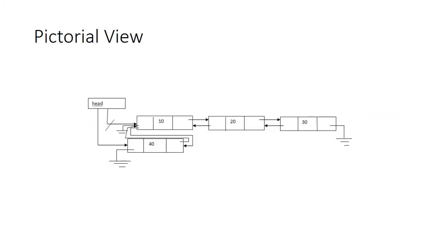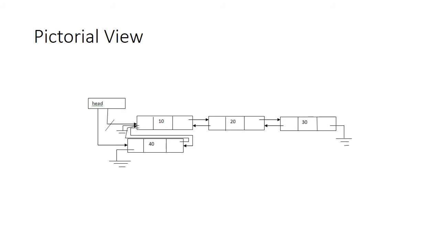We can see it very clearly here. I have a list like this: I have three nodes in which I have the data 10, 20, 30. Now suppose I would like to insert an element at the beginning of this doubly linked list. First of all, I have to allocate the memory for this node. Whenever I allocate the memory using malloc, since I am using a structure and that structure has three fields, one is your number field, that is your data field, one is your right pointer, and another one is the left pointer.